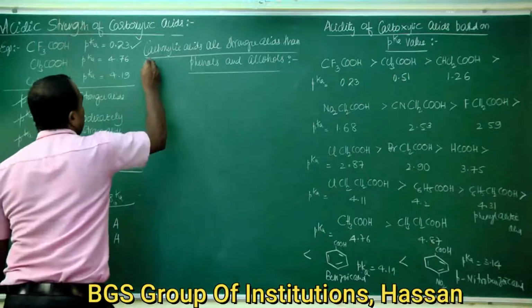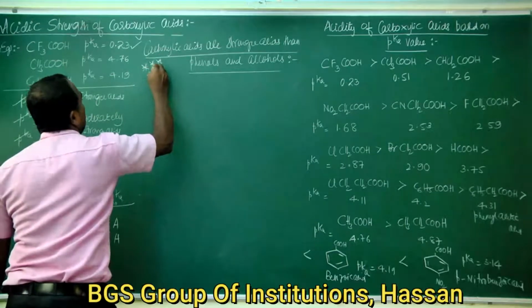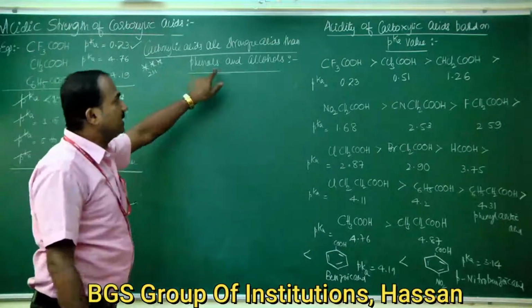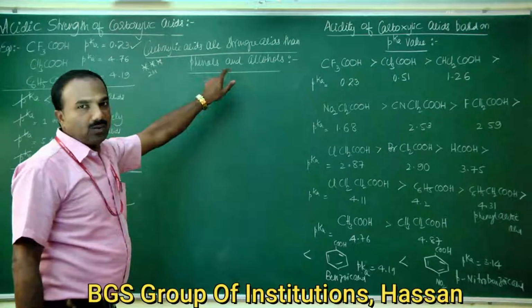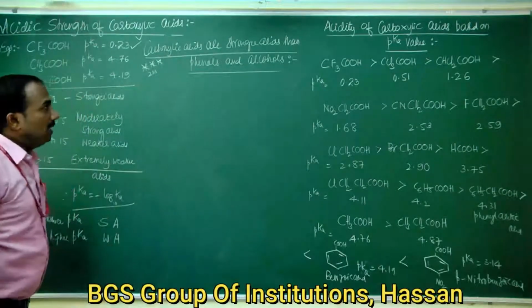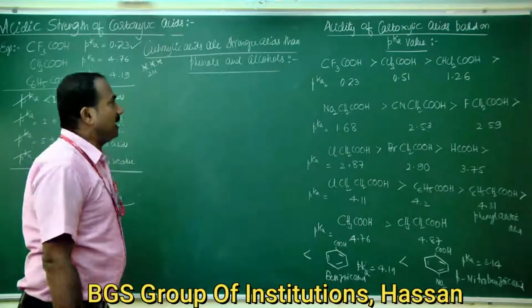Give reason. This question can appear in the annual examination. Carboxylic acids are stronger acids than phenols and alcohols. Give reason or explain. It's an answer for 2 marks. Carboxylic acids are stronger because in carboxylic acids,